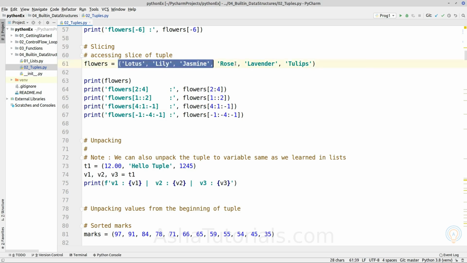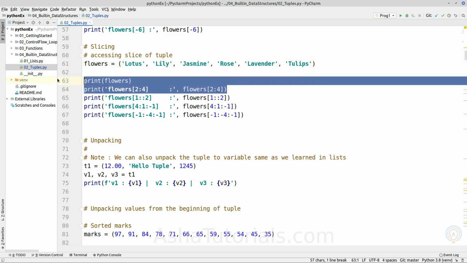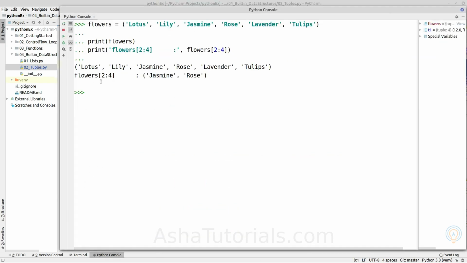If we have this flowers tuple object and we extract a slice of it, beginning from index 2 up to 4, so this is index 0, 1 and 2, up to 4. The fourth is not included, so these two elements are selected. This slice will extract these two elements and create a tuple object out of them. Let's execute it and see. As you can see, these two objects inside a tuple object are returned.